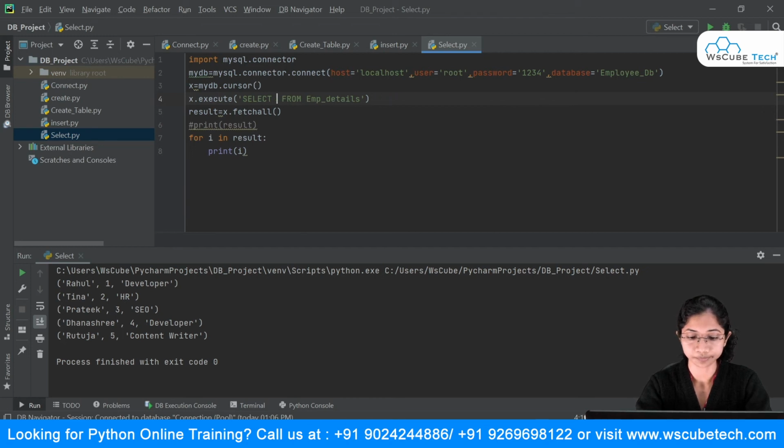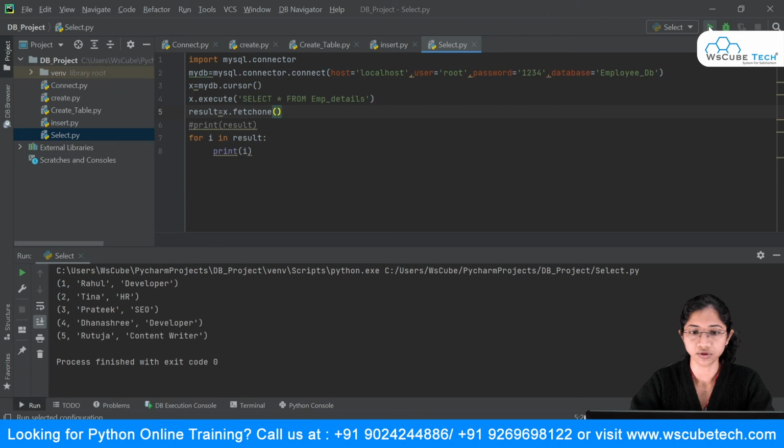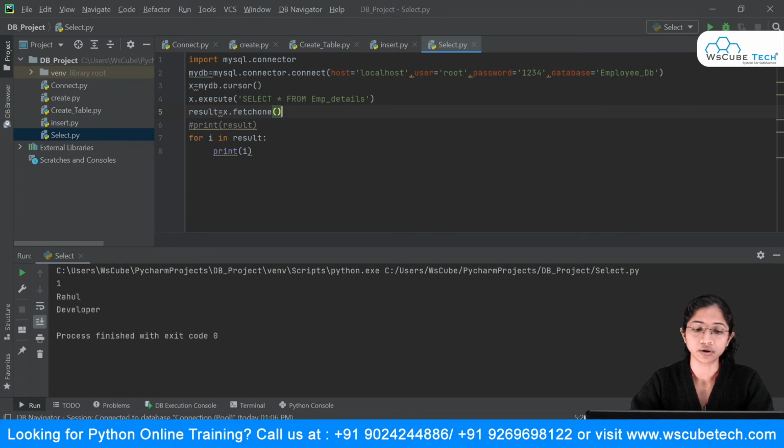And one more thing I want to show you over here is, for example, if I say asterisk here, I will make it as my original way. Here I'm extracting all the records, and now instead of this fetch all, I have fetch one. So what this will do is simply fetch a single record. All right, so you're getting this record, so you can display it in this way also.